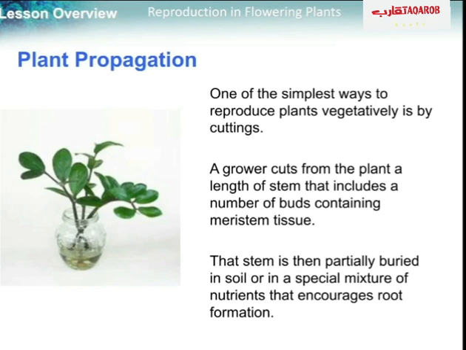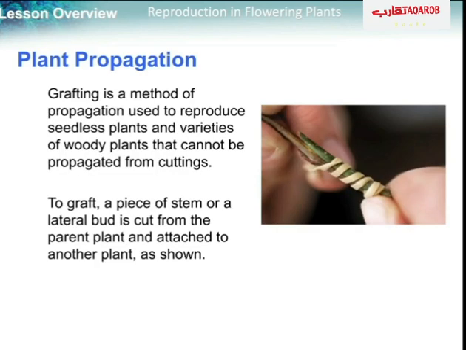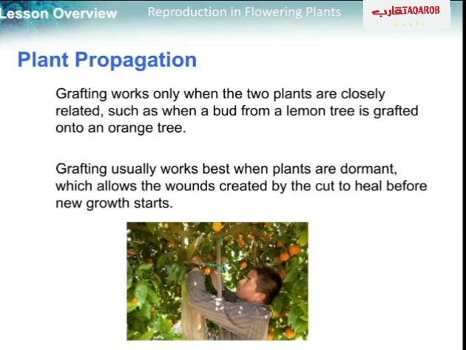We can cut part of the plant and put the cut part in water, and then it will grow again into a full plant. Grafting is a method of propagation used to reproduce seedless plants and varieties of woody plants that cannot be propagated from cuttings. They can use it many times to get desirable